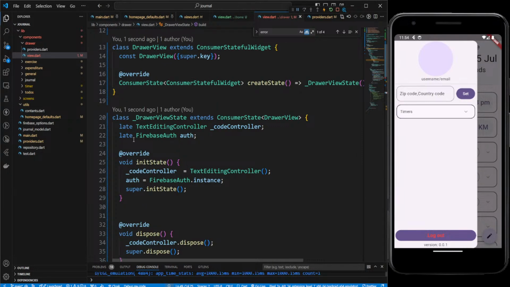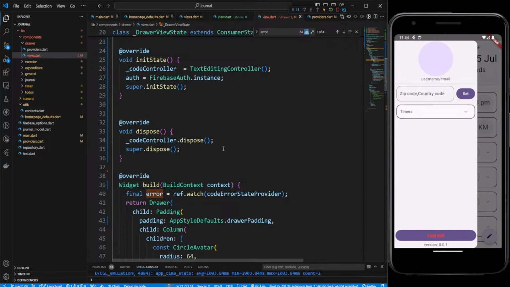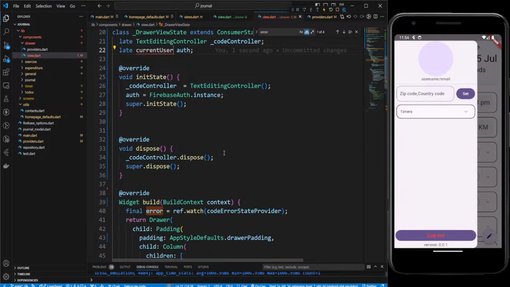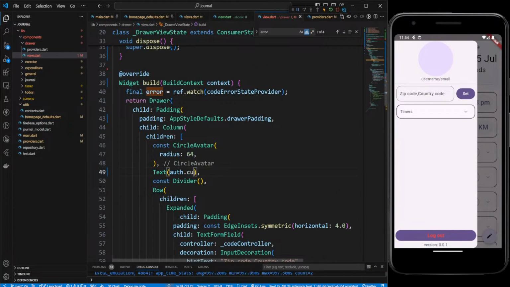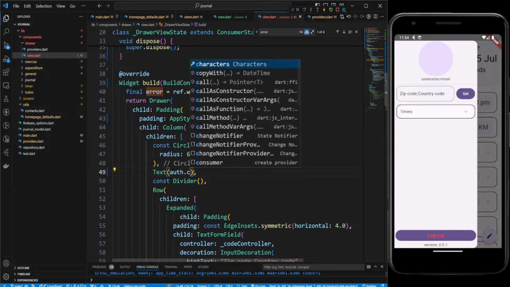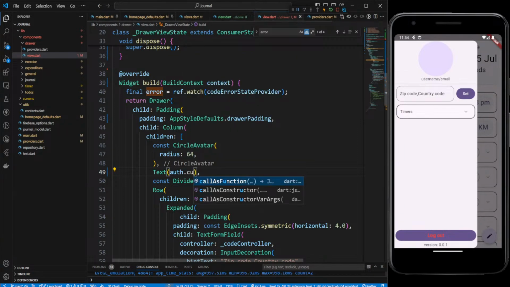Actually, we don't want the vibration, we want current user actually. If you see here, right, this one current user auth dot